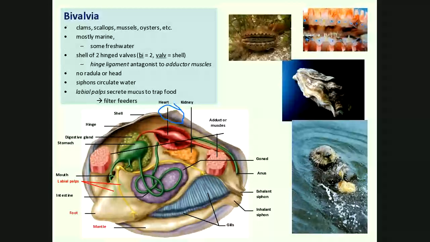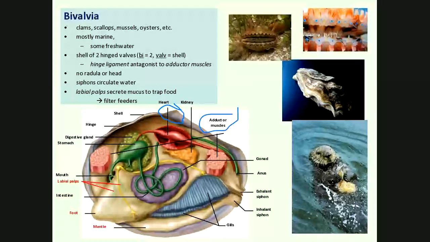Now, what the organism does is it uses these two adductor muscles. There they are right there. In A&P, anatomy and physiology, or in terminology, adduction means to do that. So your legs, when you bring them together, you're adducting, and then when you spread them apart, you're abducting. So adductor muscles pull things together.